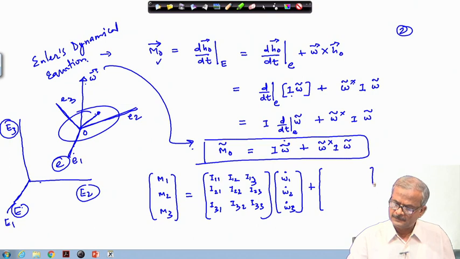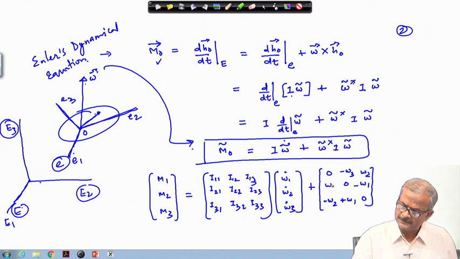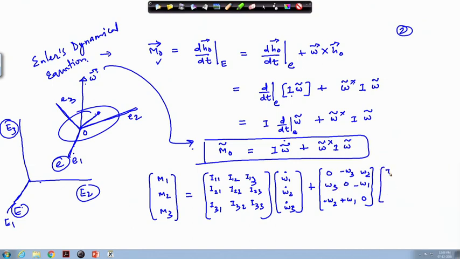And then omega tilde cross here, which is nothing but the skew symmetric matrix; numerous times we have written it here. So, I will just write it: plus omega 1 here, and this is minus omega 2 and here plus omega 3, and then put here similarly the I 1.